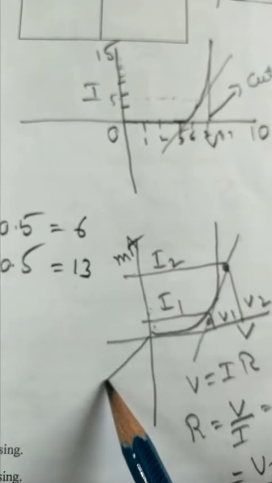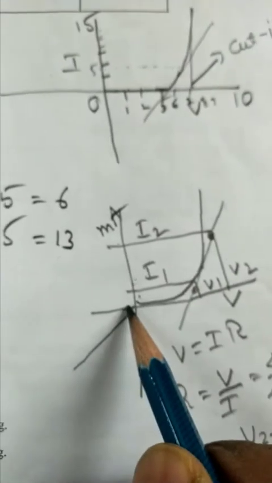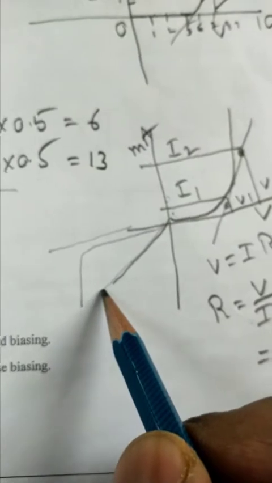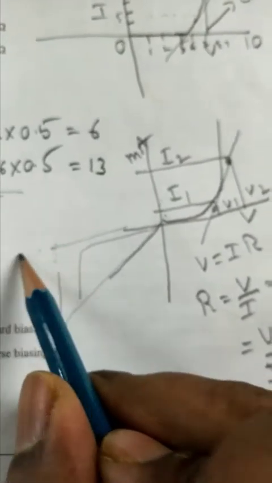Means when I am trying to increase the voltage, the current value is going to increase. Your graph you will get like this. Actually you have to get like this, and it is going to reach the breakdown voltage. But we have only up to 15 volts power supply, 0 to 15 volts. We cannot go for the longer distance. Suppose you take a continuous reading, and somewhere here you are getting the breakdown voltage, a sudden rise.